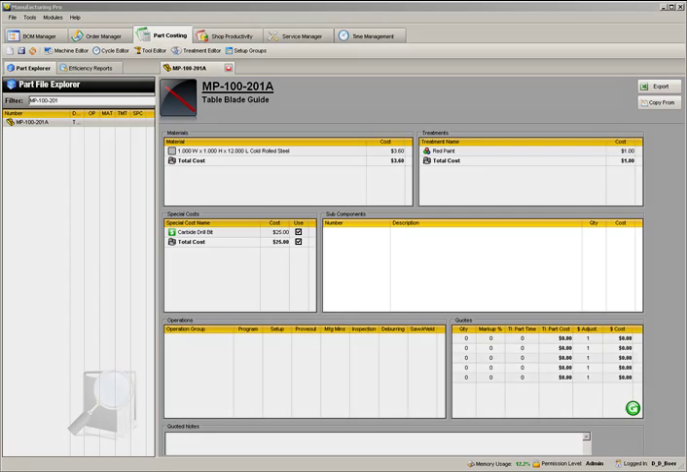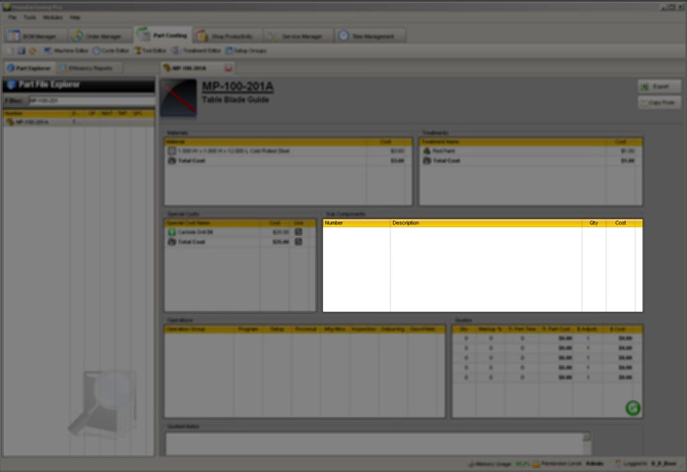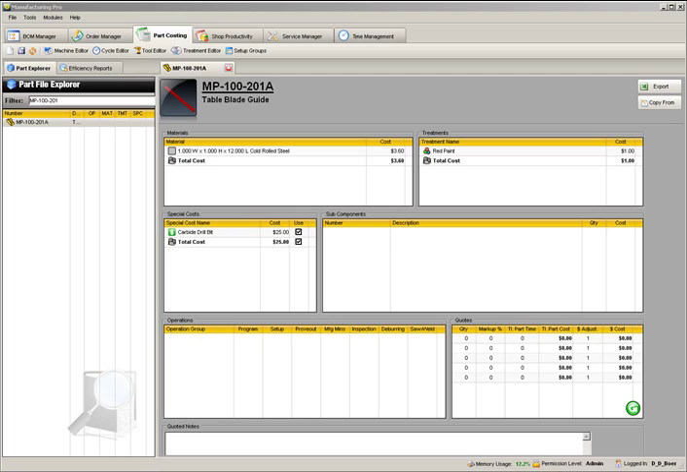The next panel is for part subcomponents. This is for parts that contain additional subcomponents in the finished part. For the current part, we'll need to add three